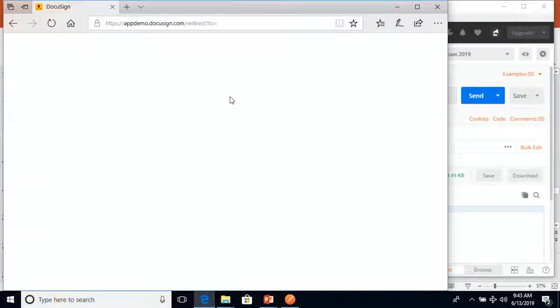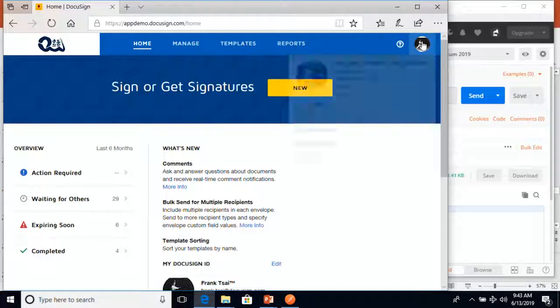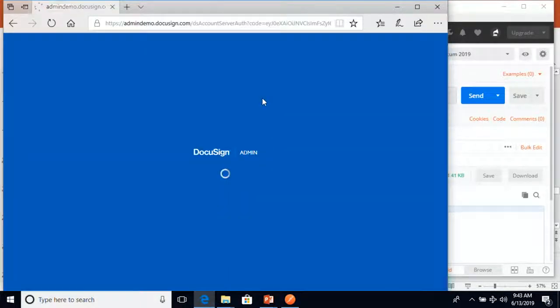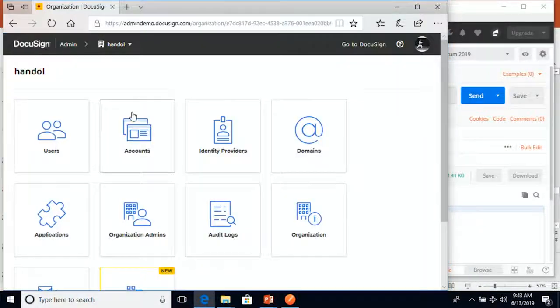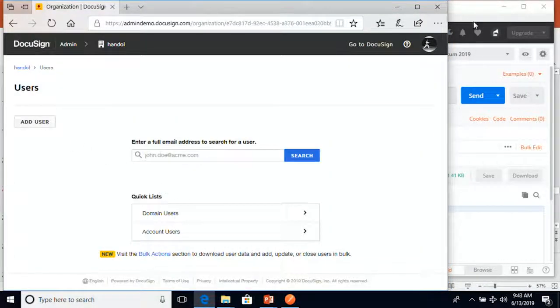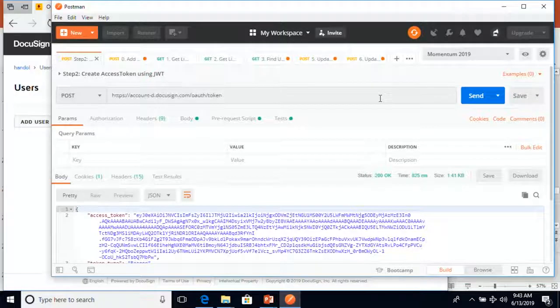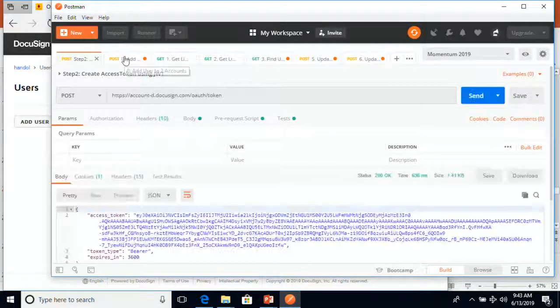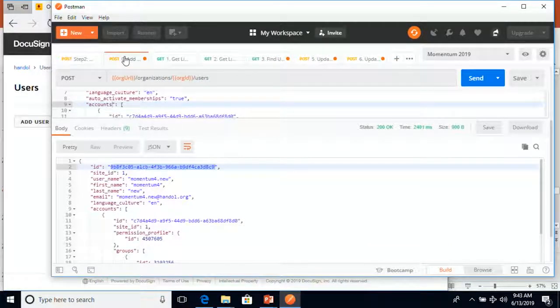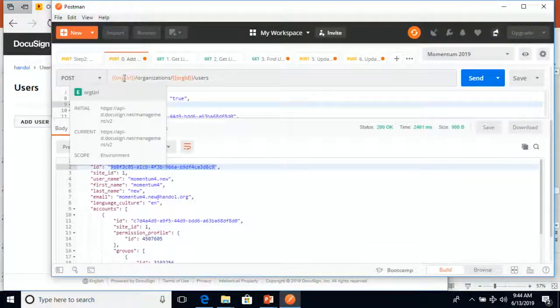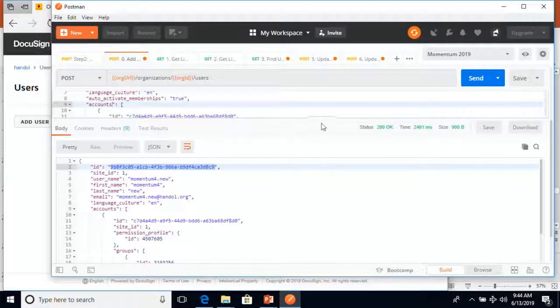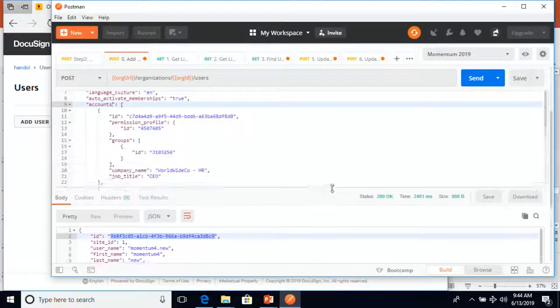Okay, so has everyone seen the organization admin yet in the GUI? Okay, so you'd be familiar with the screen here. I'm going to go to my org and look at my users here. Okay, so now we're going to Postman. And everyone's familiar with Postman? Okay, great. All right, first I'm going to go ahead and make sure my token is fresh. And the first use case is adding a user. So dynamically adding a user with the org API.